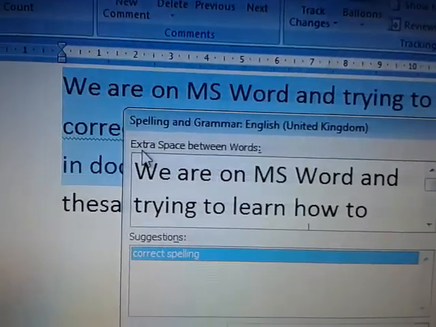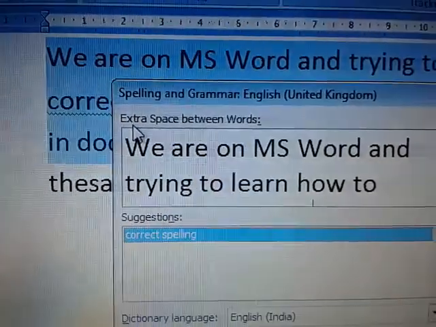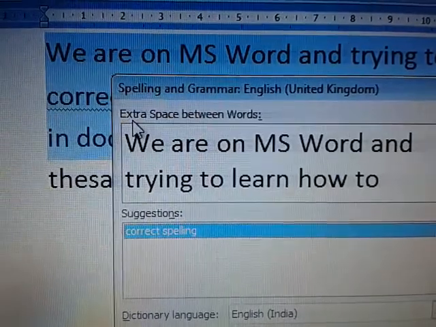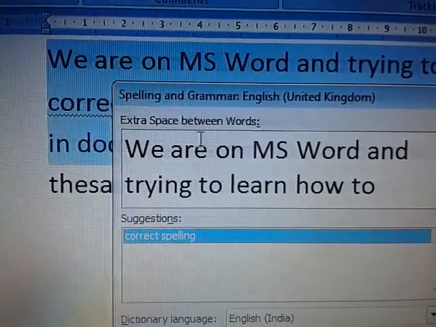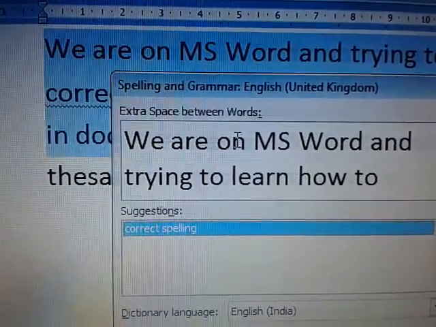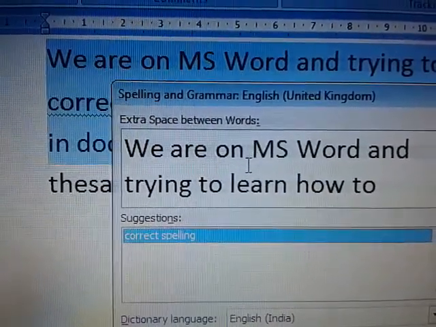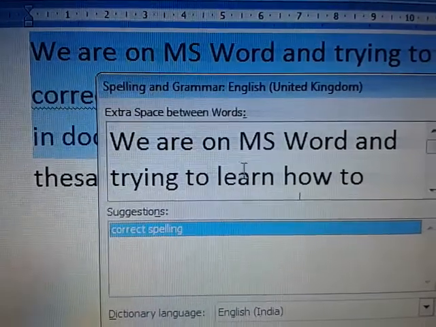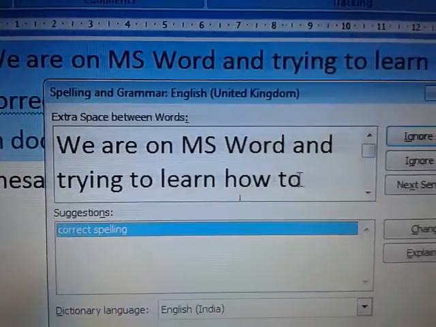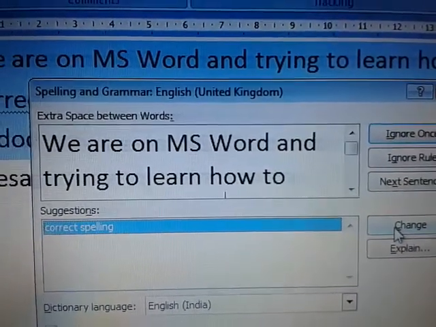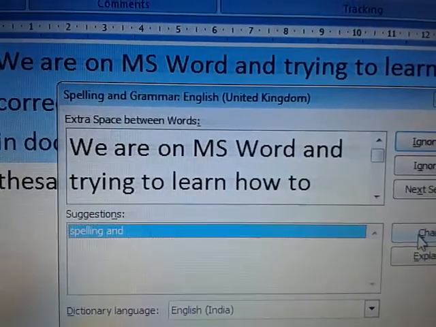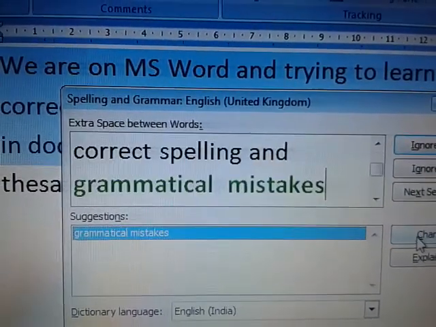See, it is written here, extra space between the words. So this was also grammatically wrong because I have given two spaces between two words. When we are writing a sentence, I should have given only one space. So this also we will accept and it will be corrected.